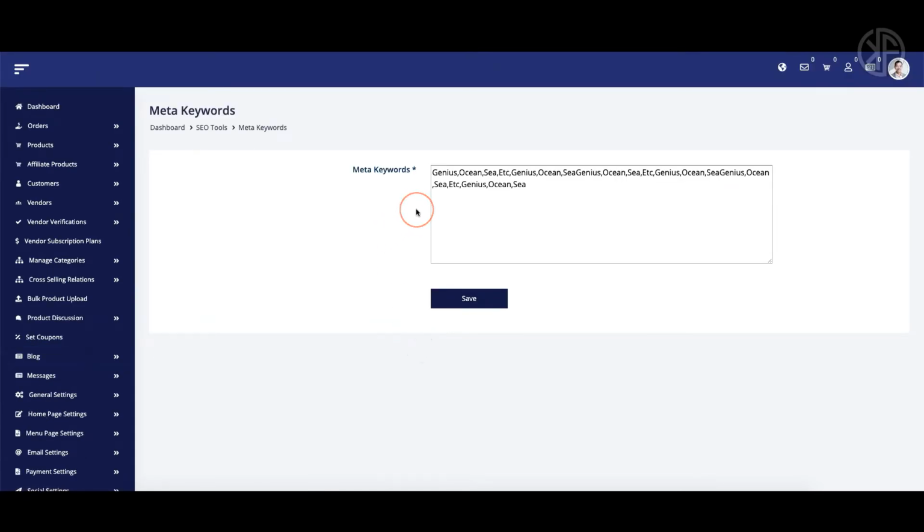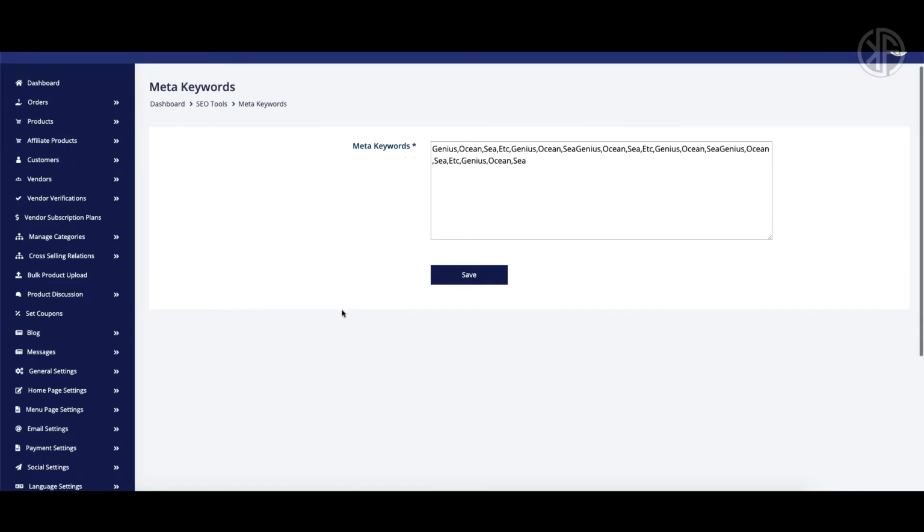Okay, this does not really affect SEO in terms of the search engine results page, so the SERPs. Basically, meta keywords aren't that relevant in terms of SEO. They help with conversion. However, this is not gonna help get you ranked number 1. Okay, so that's gonna be a whole other challenge for you in terms of driving traffic. And I'll explain that a little bit later as it relates to the other platforms that ShopZPresso is comparing themselves